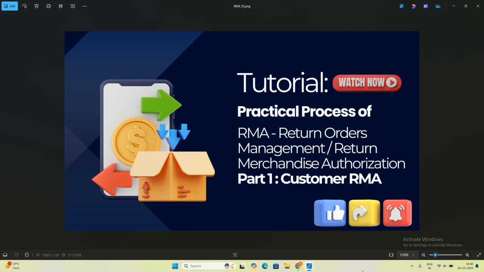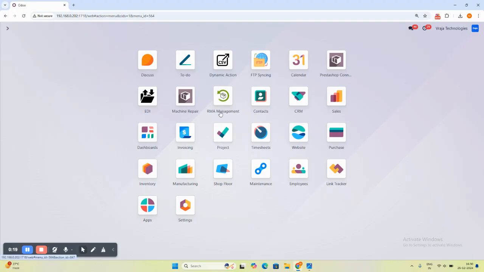In this tutorial we will see the practical process of RMA, that is Return Merchandise Authorization, and this is part 1 of the video where we will see Customer RMA. So let's get started. As we download this application from the Odoo App Store, we will see the application